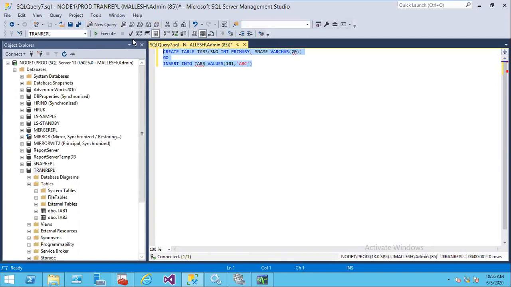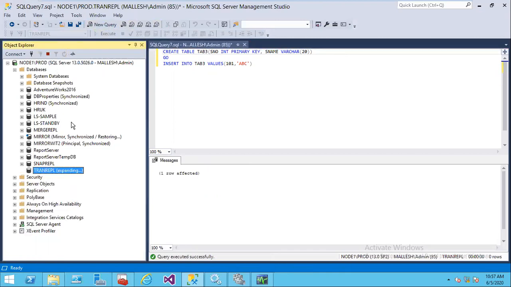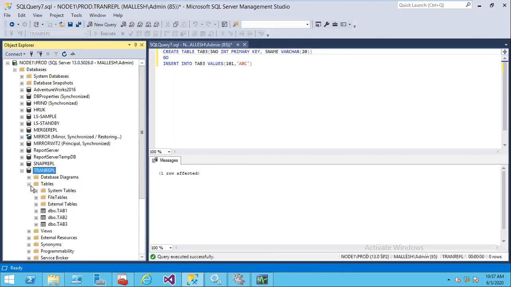We're creating tab 3. Create table tab 3 with a primary key. So we created table 3 with a primary key, and then our requirement is that tab 3 needs to be added